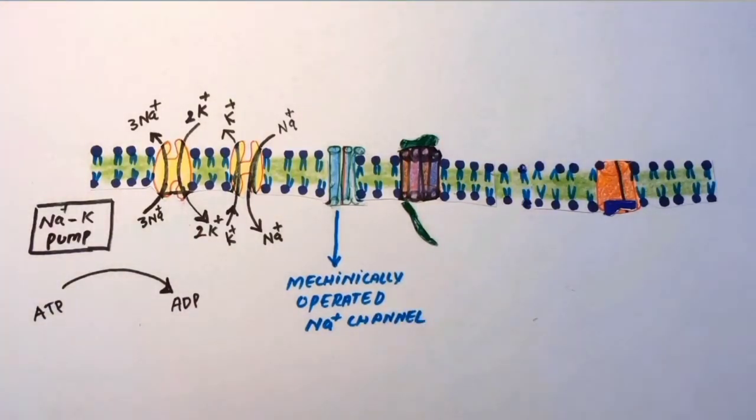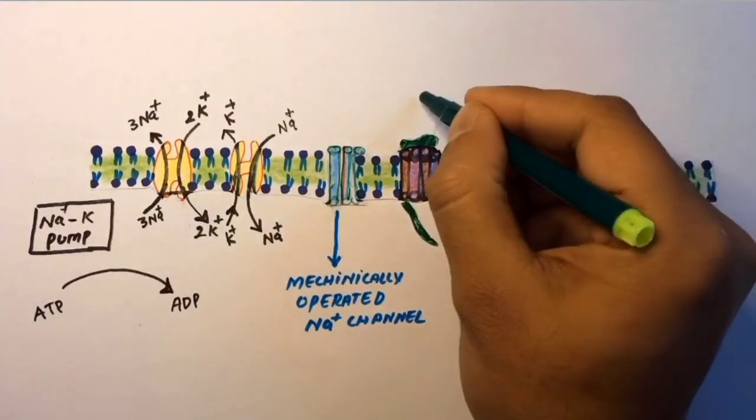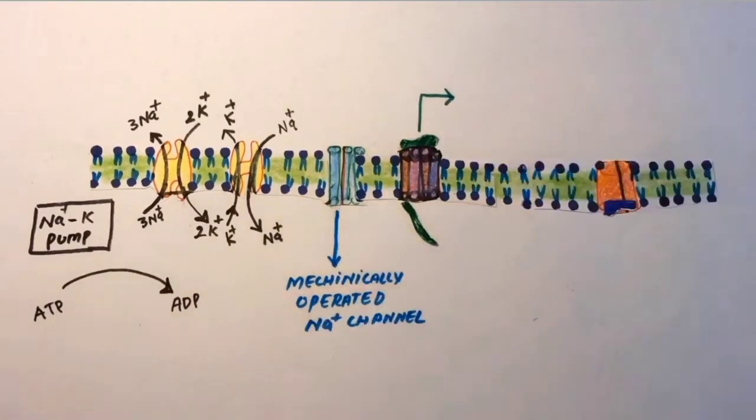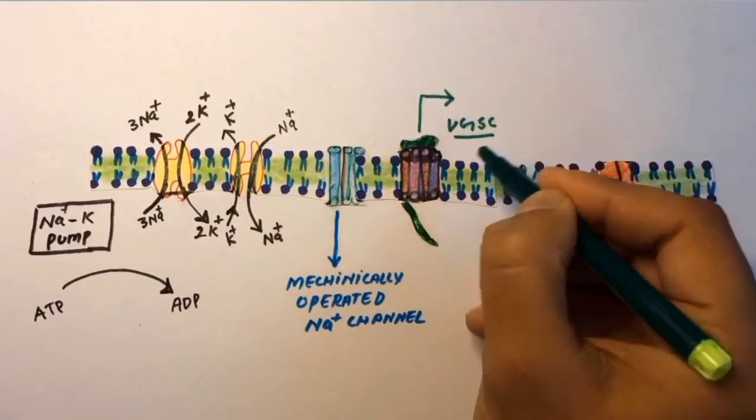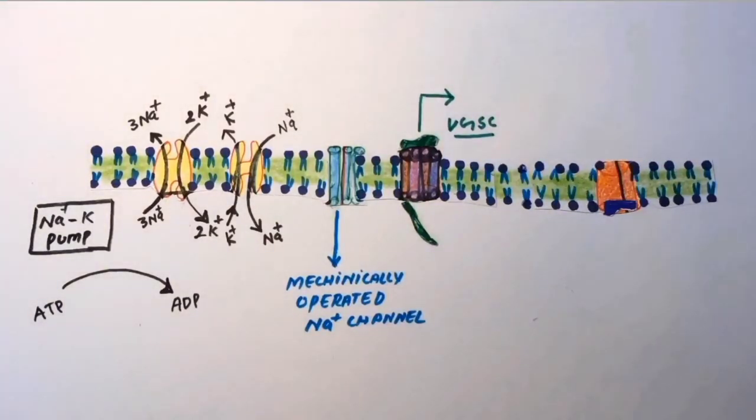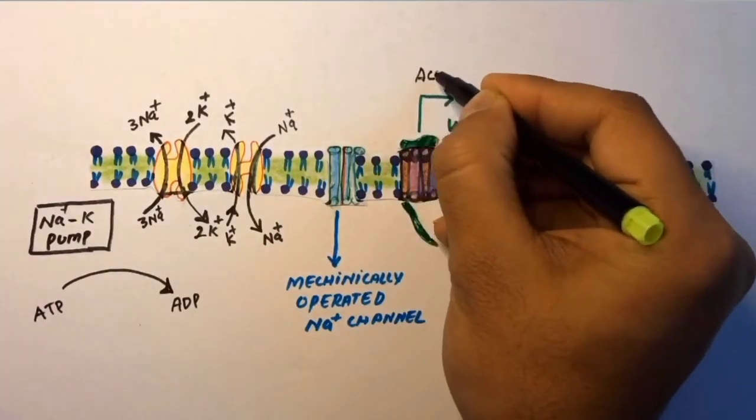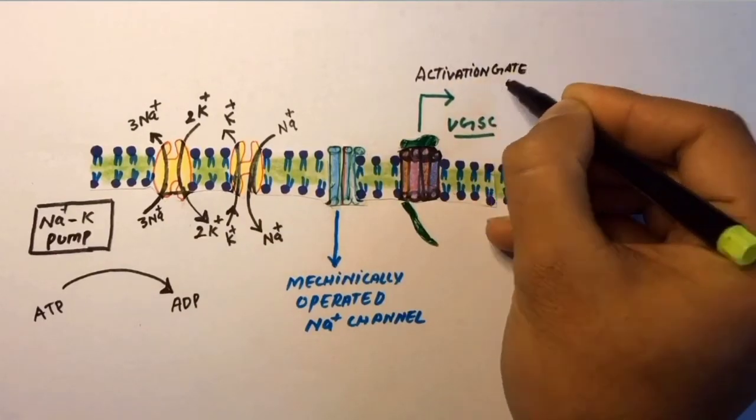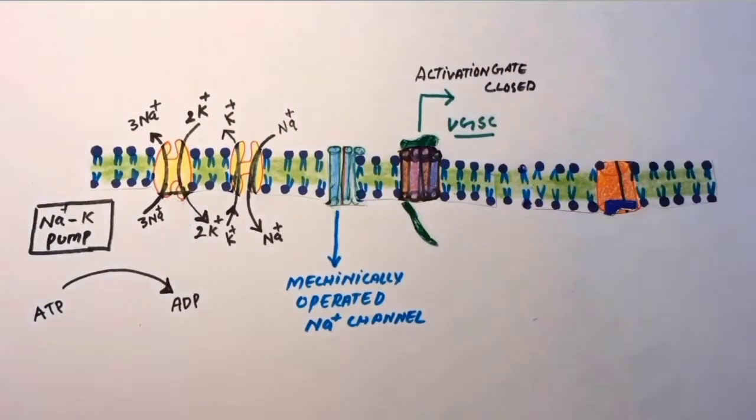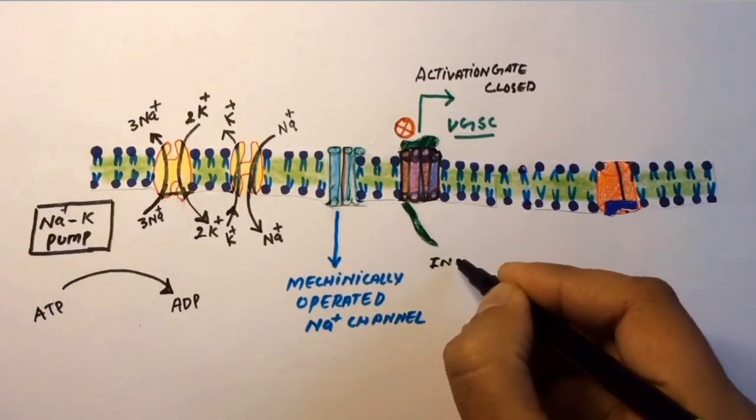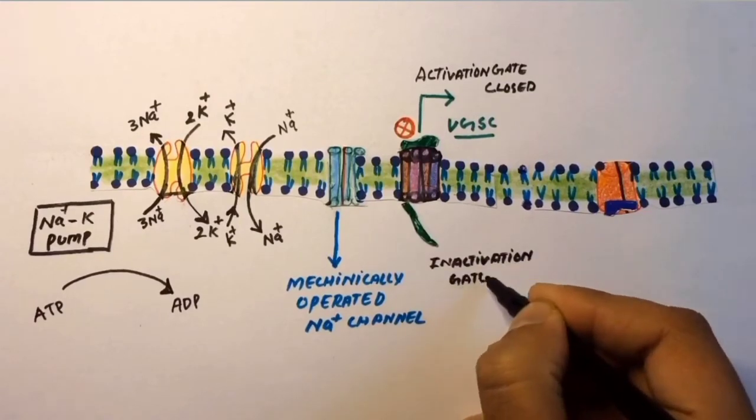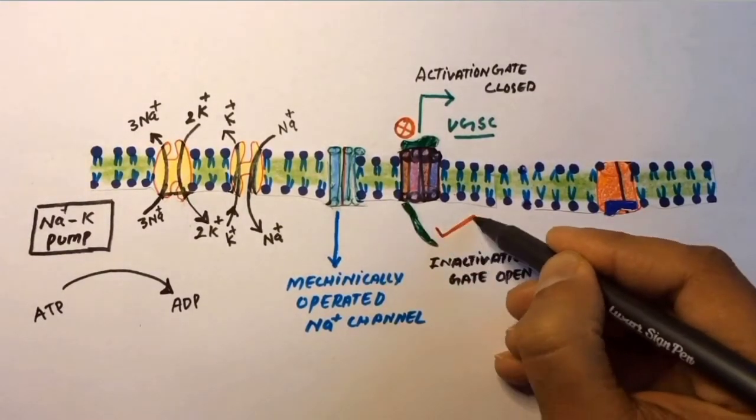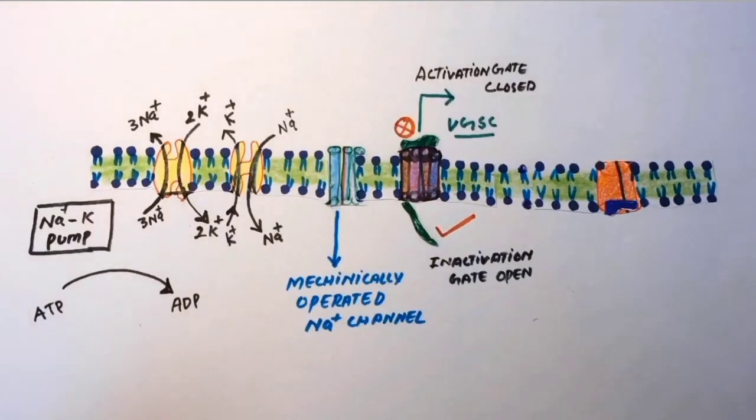are touch receptors. Present on the nerve cell membrane are sodium voltage-gated channels with an activation gate and an inactivation gate. At resting state, the activation gate is closed and the inactivation gate is open. In this state, the activation gate is closed, which prevents any entry of sodium ions to the interior of the